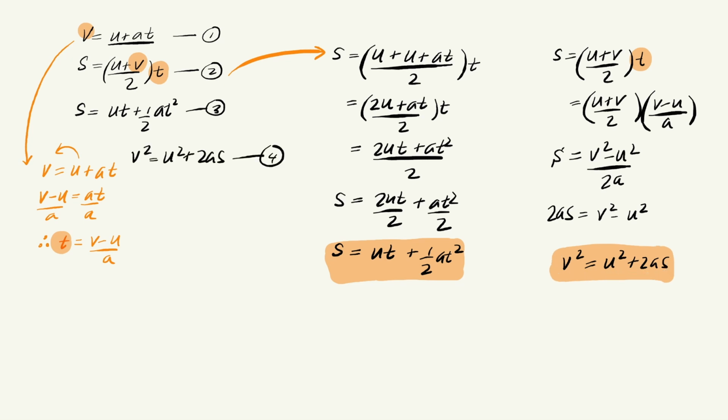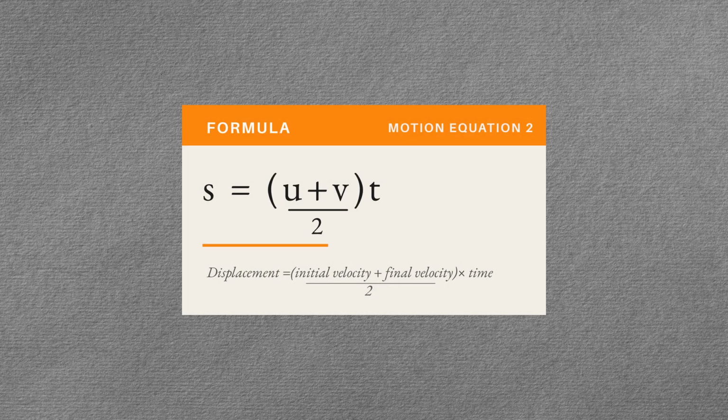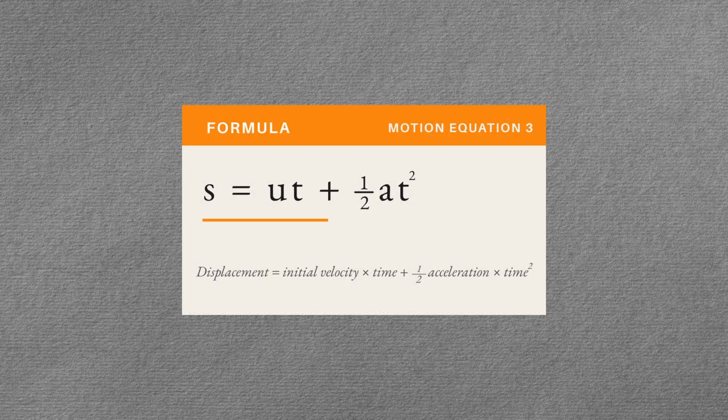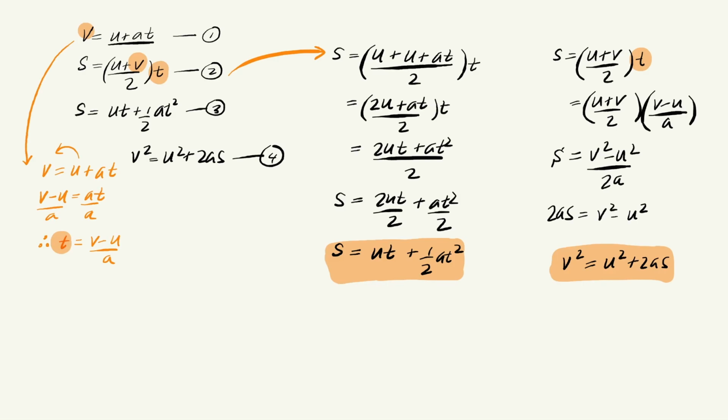So there we have it, 4 equations of motion. V equals u plus at. S equals (u plus v) over 2 times t. S equals ut plus 1/2 at squared. V squared equals u squared plus 2as. Together, these are known as the SUVAT equations, named after the 5 variables they contain: s, u, v, a, and t. But there is one condition you need to lock in before you use any of them,